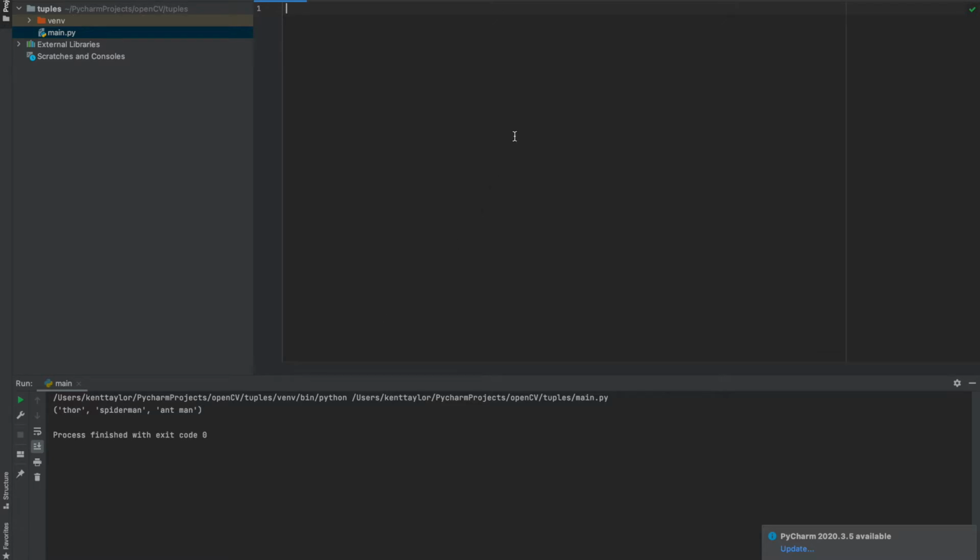It sounds like a lot of people have been wondering why we use tuples and what the reason for them is. A lot of people like to use them when it comes to machine learning or when trying to combine some data. So I'm going to go over some of those things with you today. So a tuple is a lot like a list.